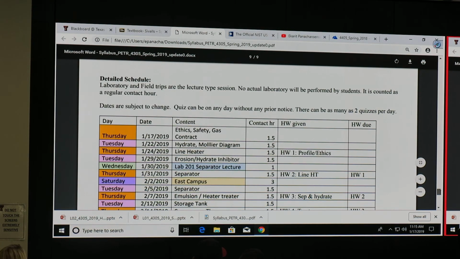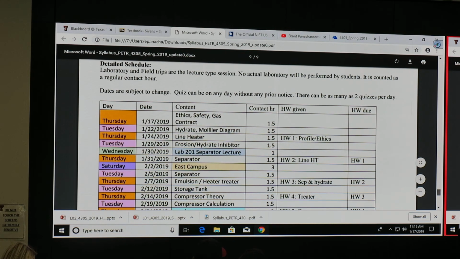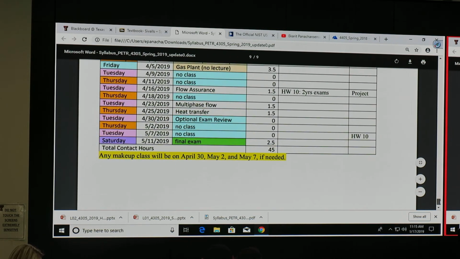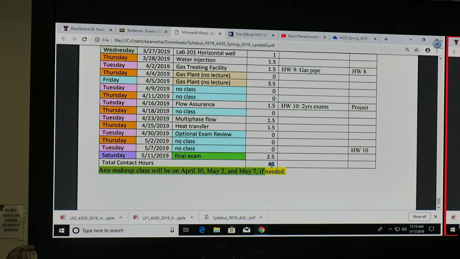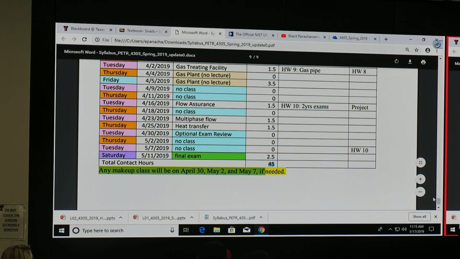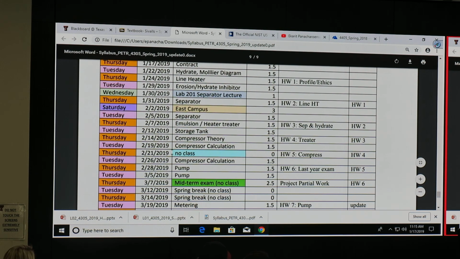Let's take a look at the schedule. Some days don't have class. It's not like we have class every day, but your total contact hours are 45 hours. This is a 3 credit hour course. I cannot have you go to field trips and come to every lecture and still call it 3 credit hours. That would be like 4 credit hours. So because we have field trips and it's a lecture type, some days you don't have class. For example, the day of the on-campus interviews, February 20.